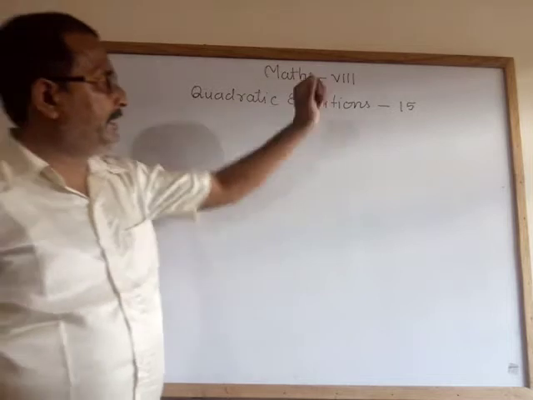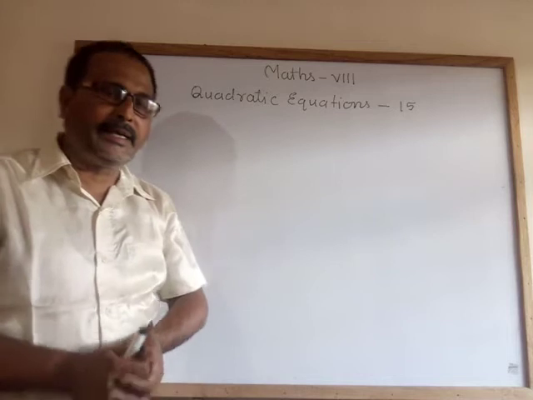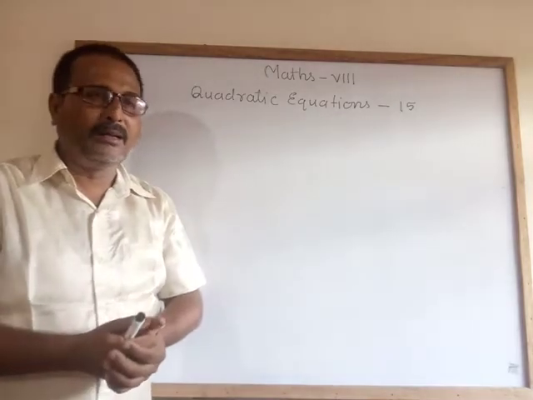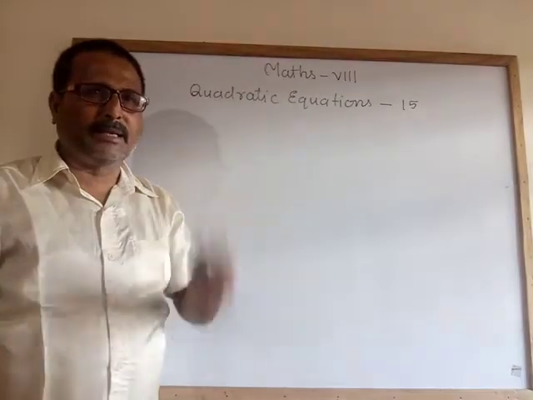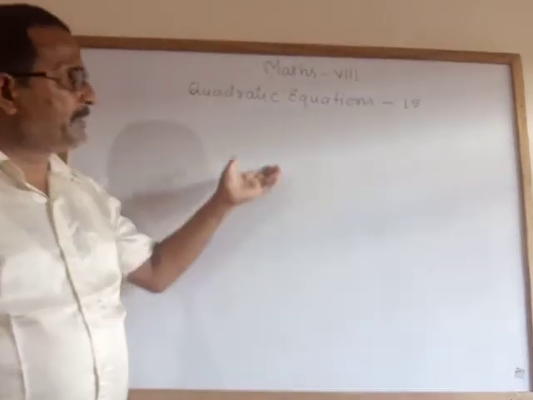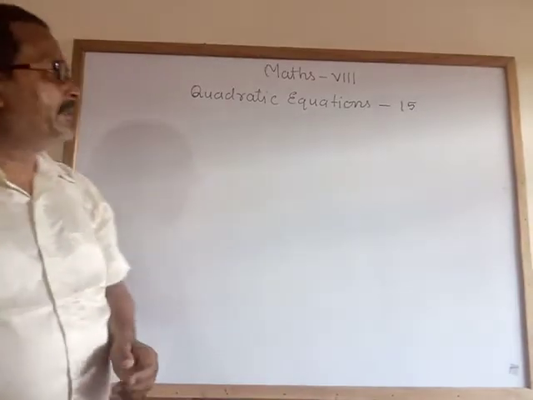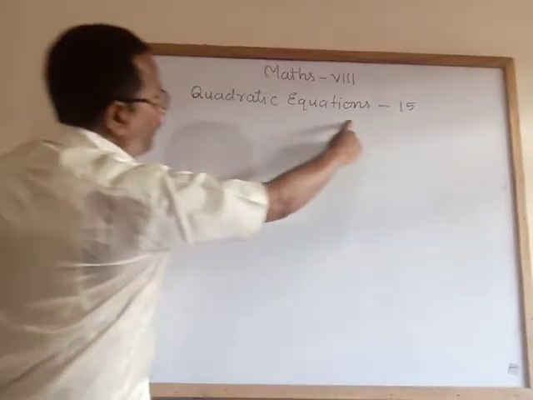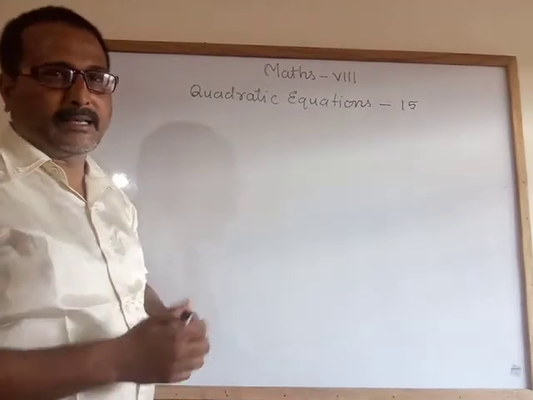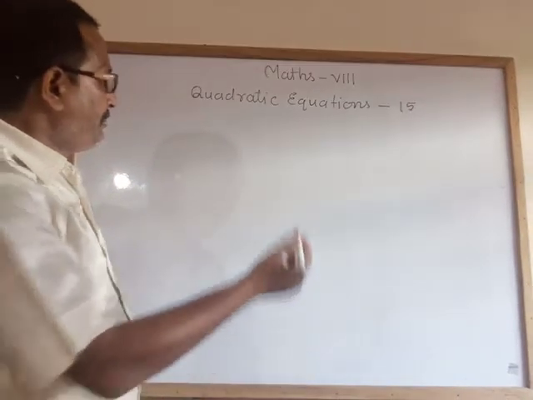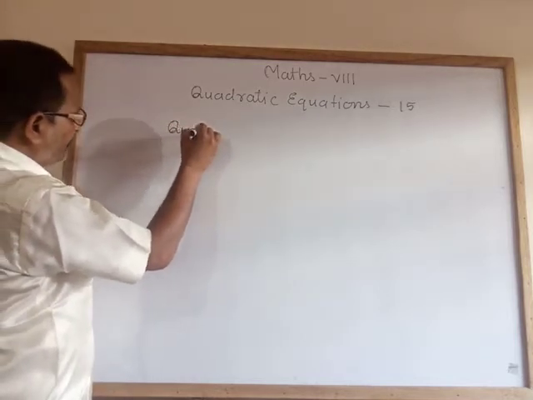Now, in maths class, I am going to start a new chapter. Before that, I have talked about division of polynomials, 14.2, 14.3, 14.1. Only a little bit of questions are there, but the 14.3 chapter is very important. Now, this chapter, quadratic equations, the 15th chapter, is very important for the senior classes. So, first I am going to define what a quadratic equation is.